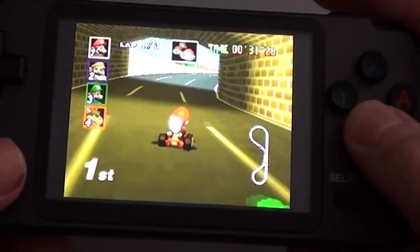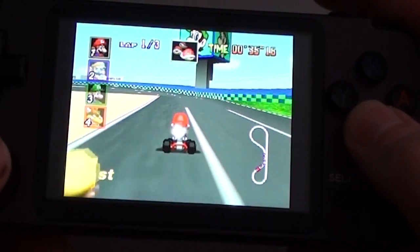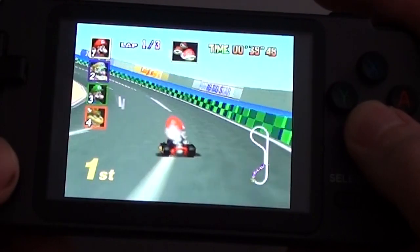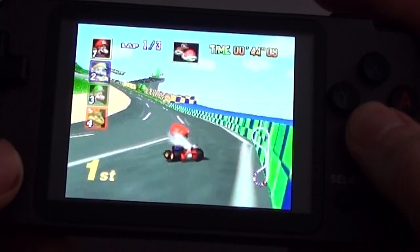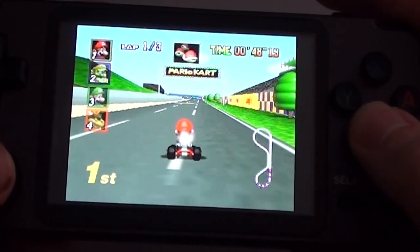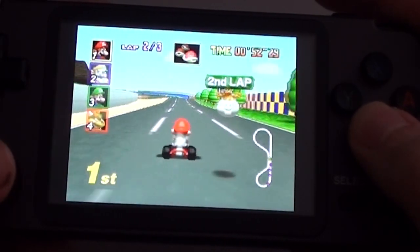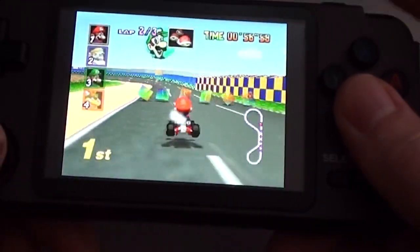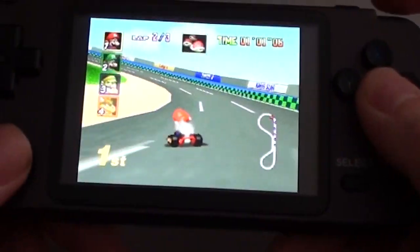So N64 emulation, it's not perfect. There is some stuttering going on. Mario Kart is not a very demanding game to run. You're not going to be playing GoldenEye on here. If you're really fussy, you probably won't even be playing this, but it's adequate. At a push, it's just about getting away with it. Some stuttering here and there, but in the main game, in the racing, it's alright. What button? How do I...